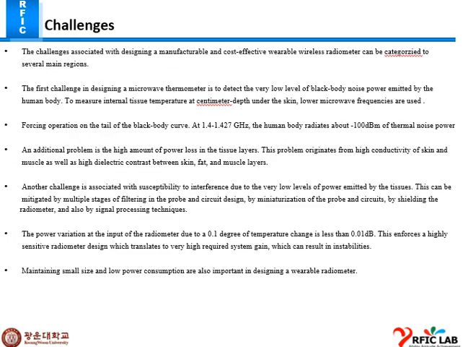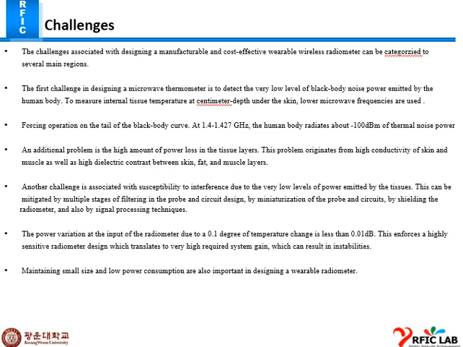Now, the challenges faced in designing a manufacturable, cost-viable wireless radiometer can be categorized into several main regions. The first challenge in designing a microwave radiometer is to detect the very low level of black body noise power emitted by the human body. To measure such internal tissues,